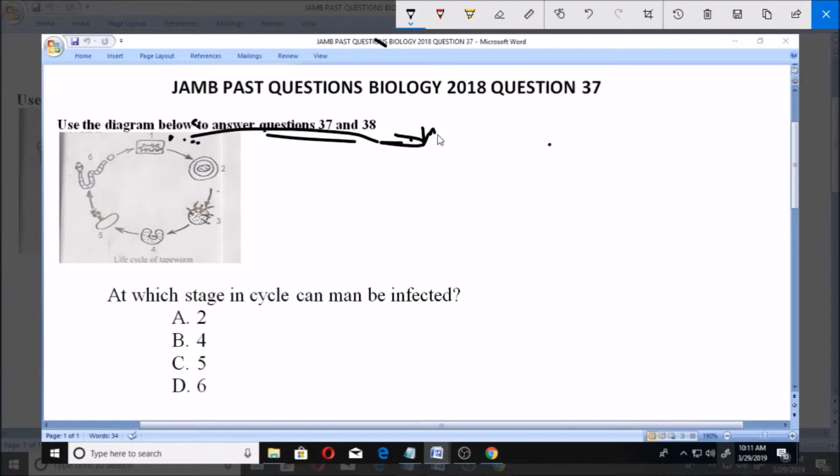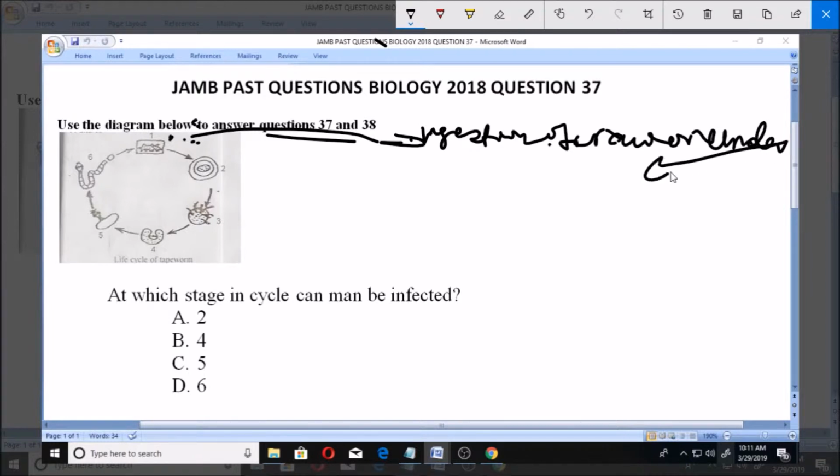The ingestion of raw or undercooked pork. So whenever you eat raw or undercooked pork, then you will have these. So stage number 2 here is what we call